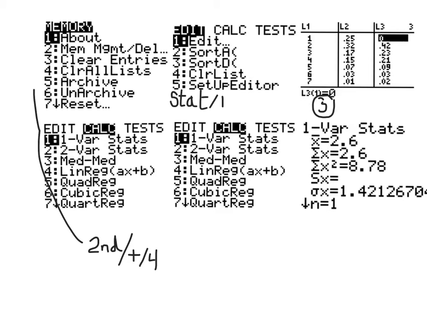Now when you want to go and grab all of your statistics, you can do so by going back to the Stat menu again, but this time arrowing over to Calculate. This is the menu that allows you to do all kinds of calculations. And your first option is called One Variable Statistics. So if I want to know the mean and standard deviation, say, of the household sizes,